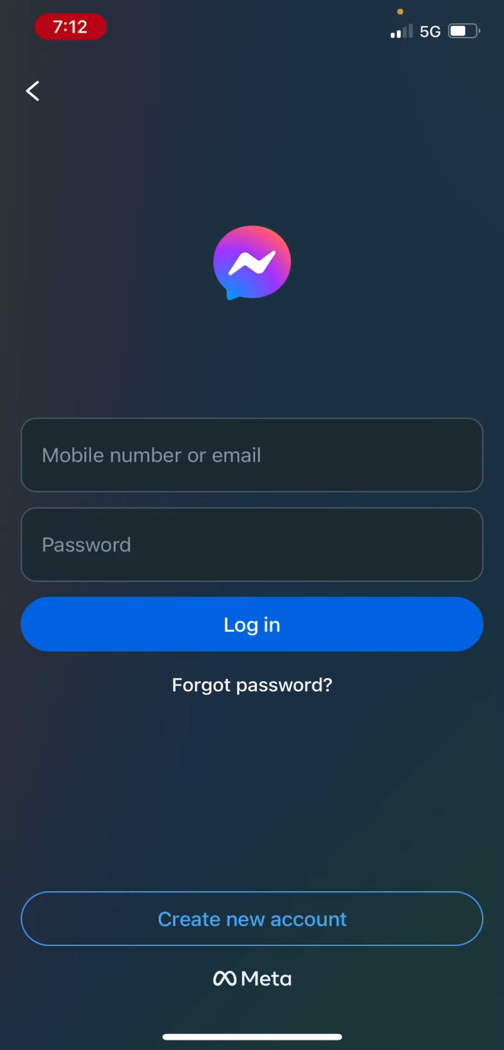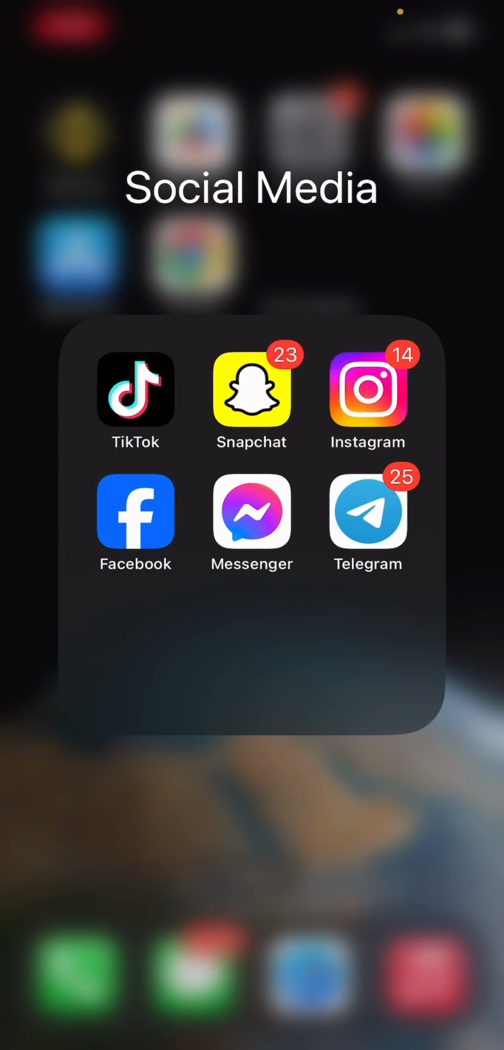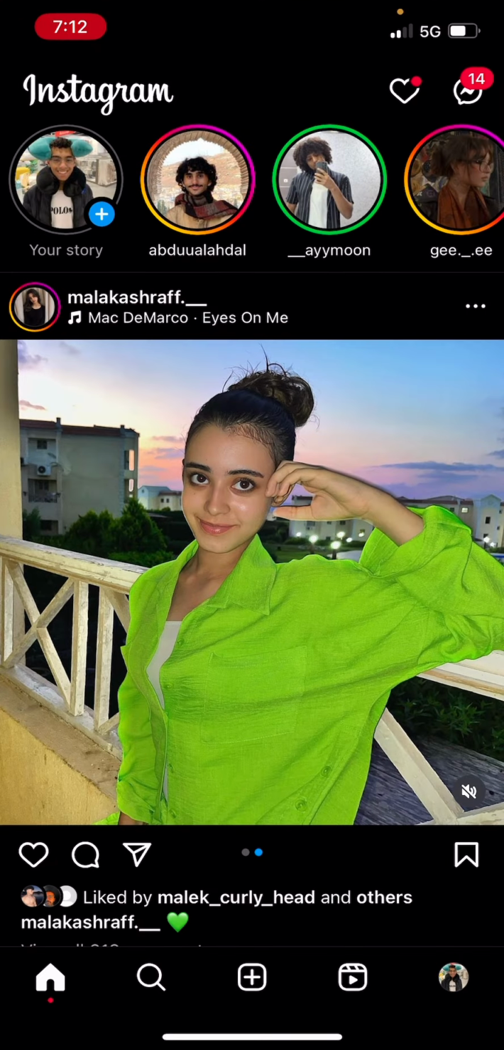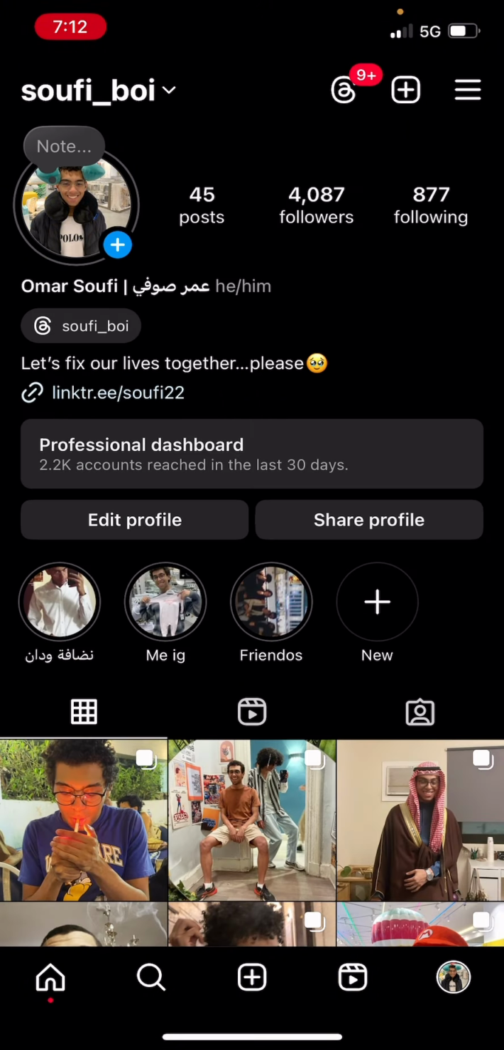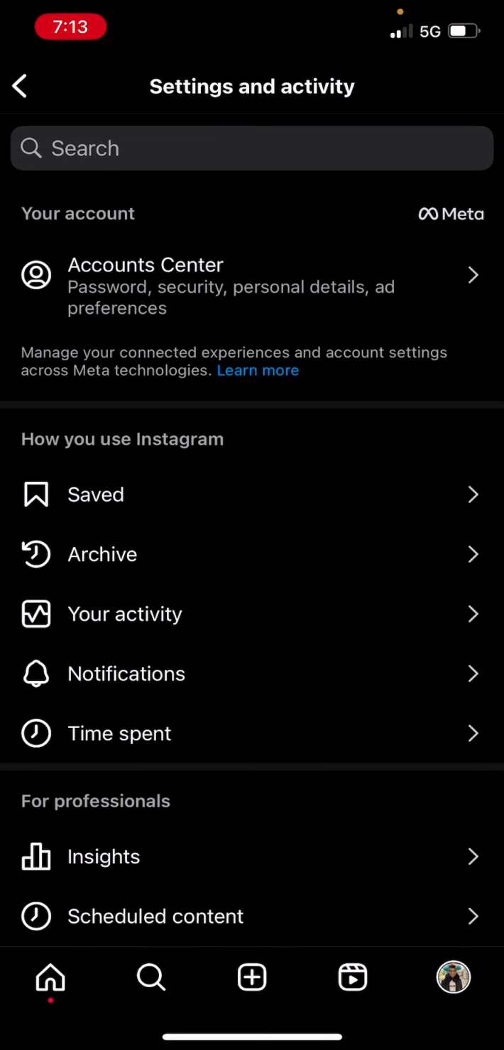And in order to do this, you would have to have your Instagram and Facebook accounts linked. So just go back to Instagram and then click on your profile icon at the bottom right. Then click on the hamburger icon at the top right. And then click on Account Center,